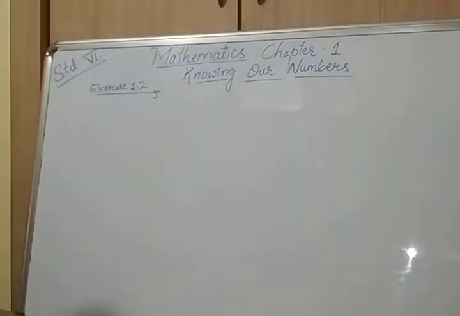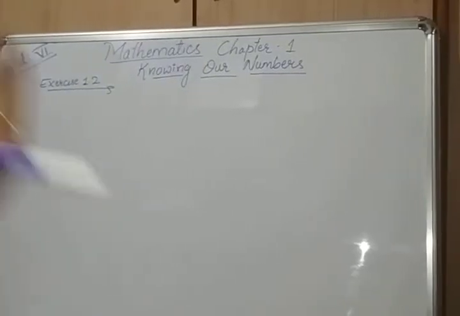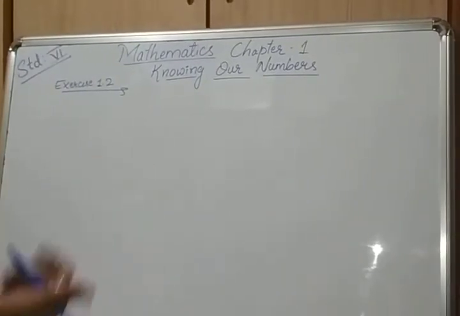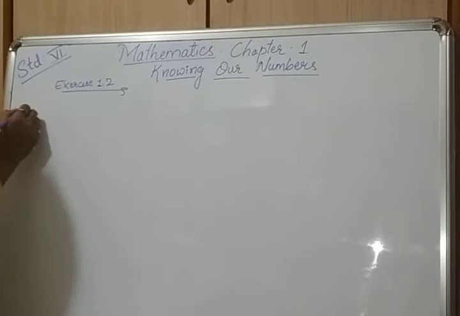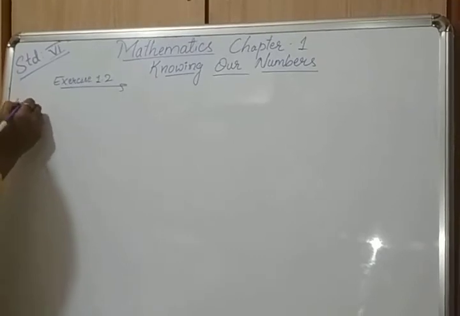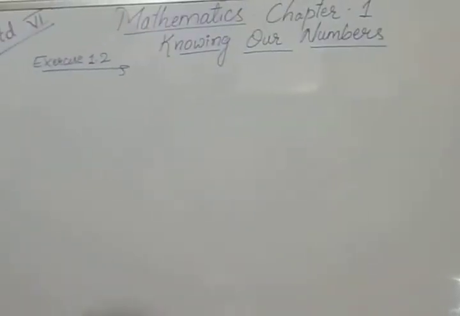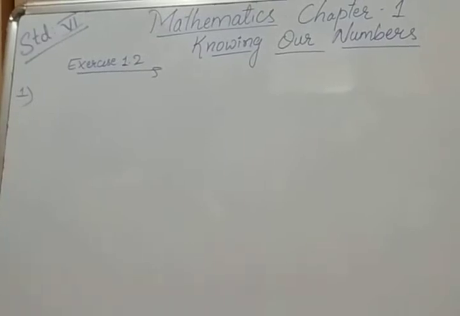So listen here, children, first you understand what the question is. A book exhibition was held in a school. For how many days? For 4 days. The number of tickets sold: first day, some tickets sold. Okay, first day, I am going to solve here. See, what is the number of tickets sold on the first day?